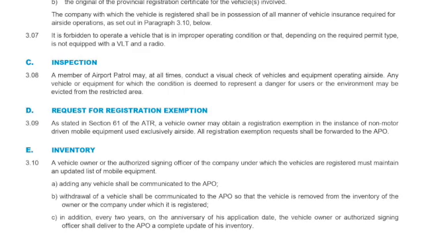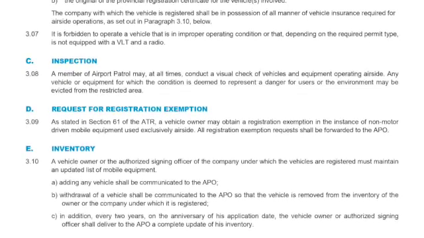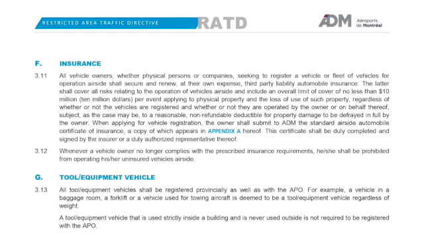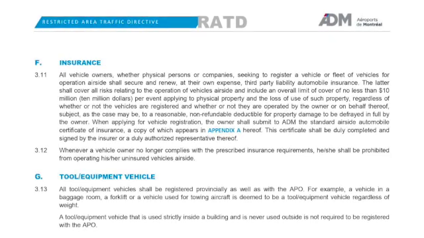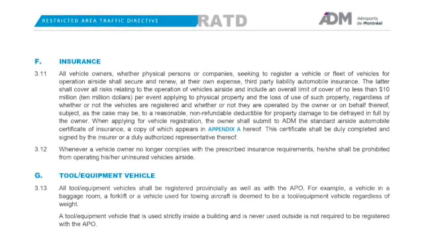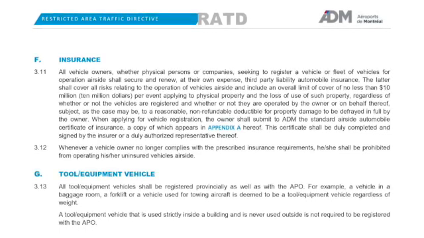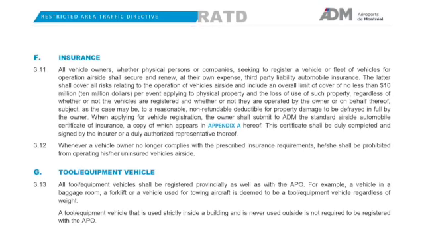C. In addition, every 2 years, on the anniversary of his application date, the vehicle owner or authorized signing officer shall deliver to the APO a complete update of his inventory. F. Insurance. 11. All vehicle owners, whether physical persons or companies, seeking to register a vehicle or fleet of vehicles for operation airside shall secure and renew, at their own expense, third-party liability automobile insurance. The latter shall cover all risks relating to the operation of vehicles airside and include an overall limit of cover of no less than $10 million